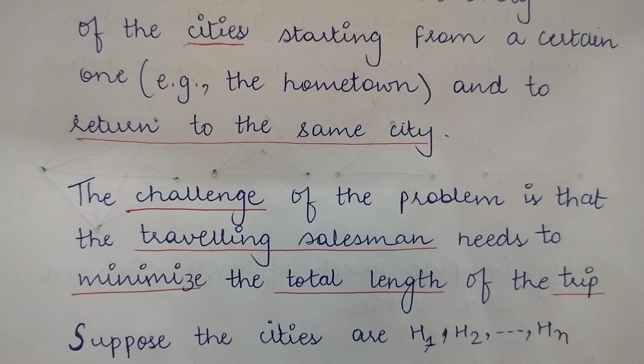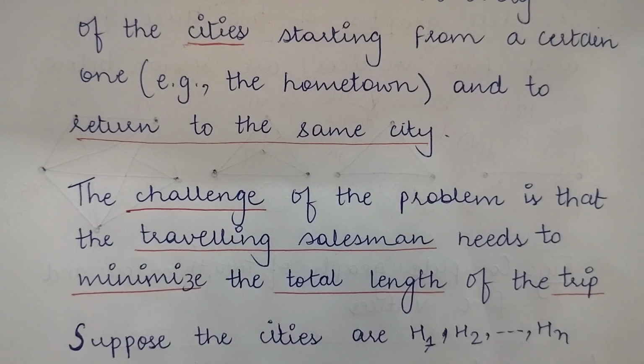To reach from, say for example, Delhi to Madhya Pradesh, there are more than three paths. So out of all those paths, you will choose that path or those cities through which you cover the minimum distance in kilometers. So you will cover those cities via which you reach your destination in the shortest amount of time, covering fewer kilometers. So this is the task here, that the salesman starts from his hometown city and he has to reach